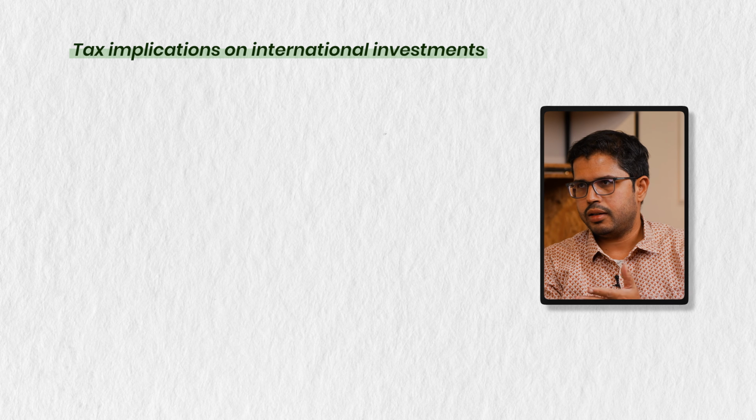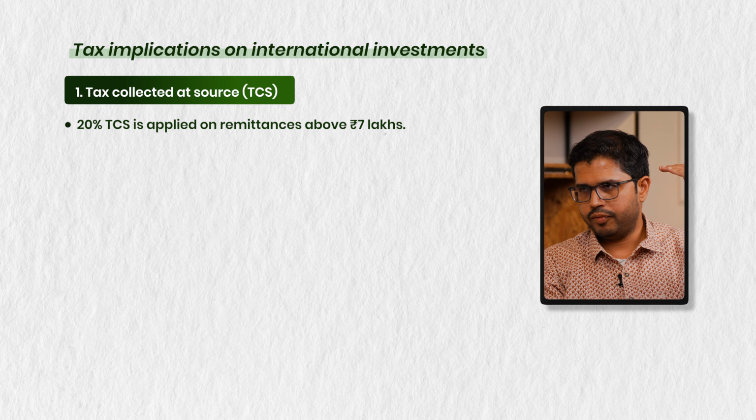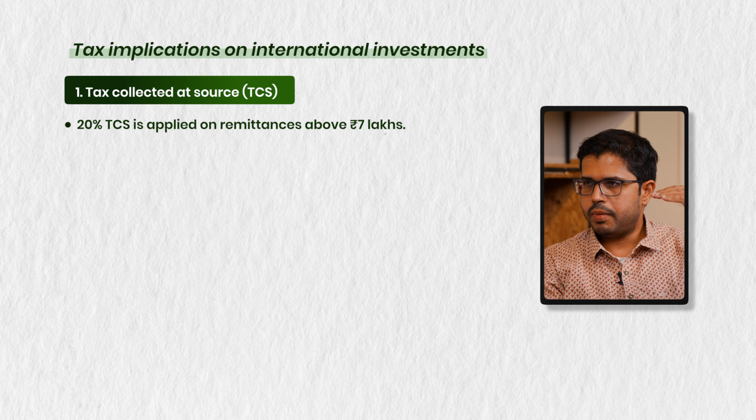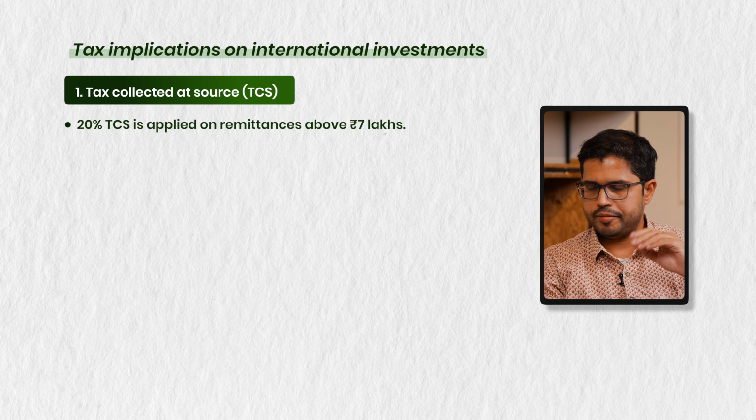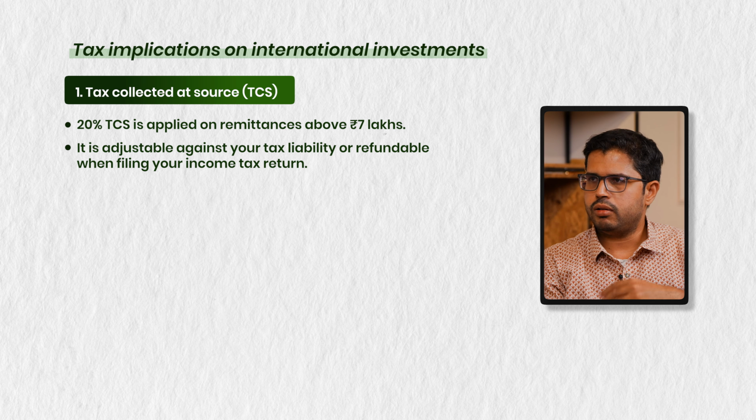Most important question, I think, which everyone will want to know: what are the tax implications? Dual tax compliance. Recently, there was that 20% tax collected at source on international investments. Just break it down for us. Sure. The first tax you face is that 20% TCS on the remittance above 7 lakhs. The good part is it's just tax collection, not a fresh tax. So you can adjust it against your overall tax liability, and if you paid too much tax, you just claim it back when you file your income tax return.